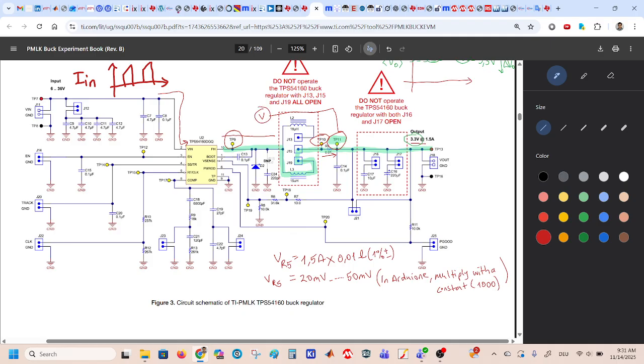So there is a voltmeter, and here the problem was the waveform of TP9 actually has a rectangular or square waveform, which has duty cycle of 50%. 50% would mean if I want to have 3.3 volts at the output, then input should be 2 times